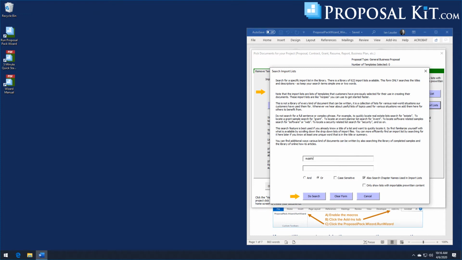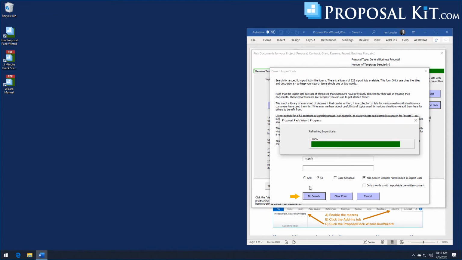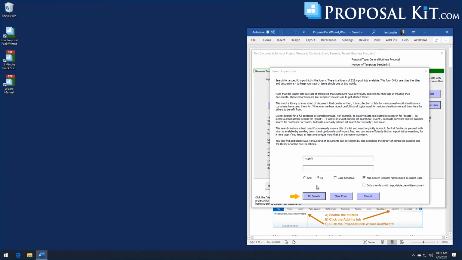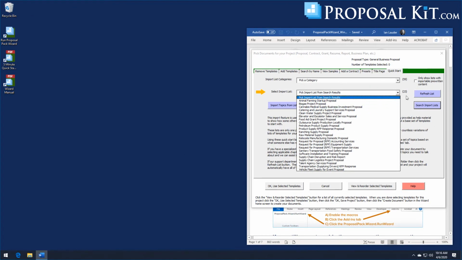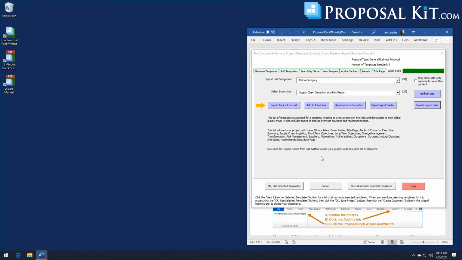So I'm just going to type the word supply. That's going to show every layout in the system that is tagged with the word supply. So that narrowed us down from 622 down to 23. So now I can easily find the supply chain disruption and risk report outline. Once you've highlighted any template,